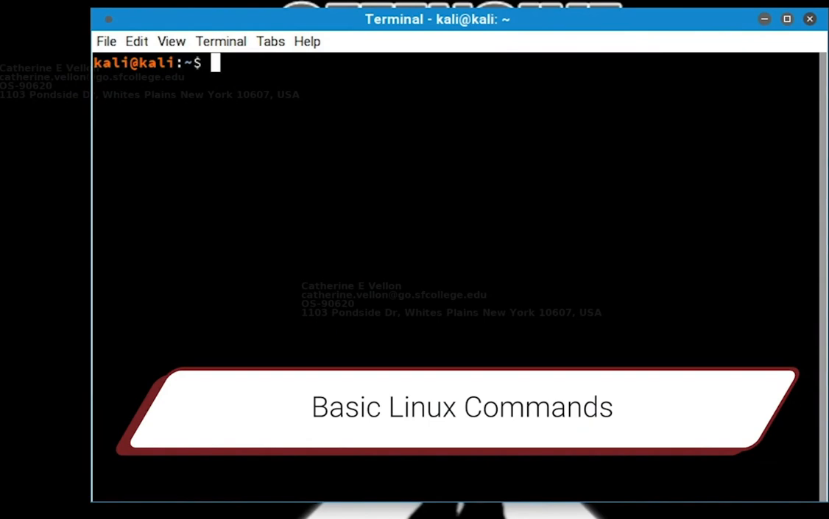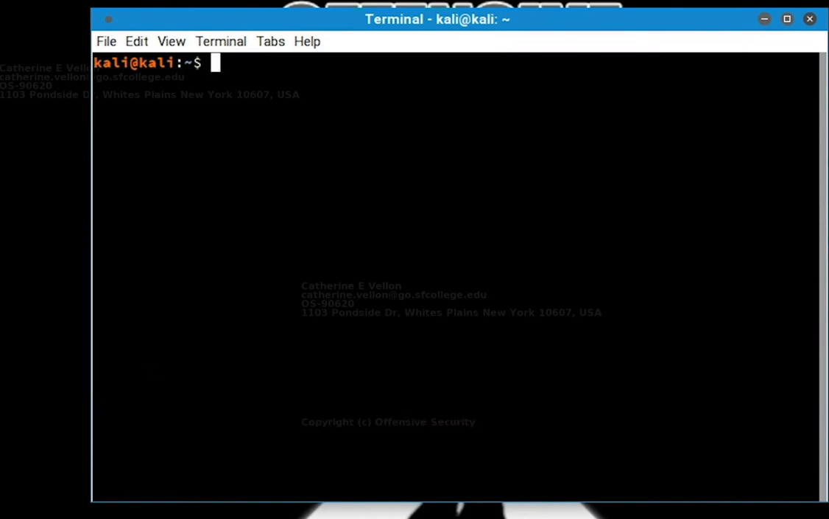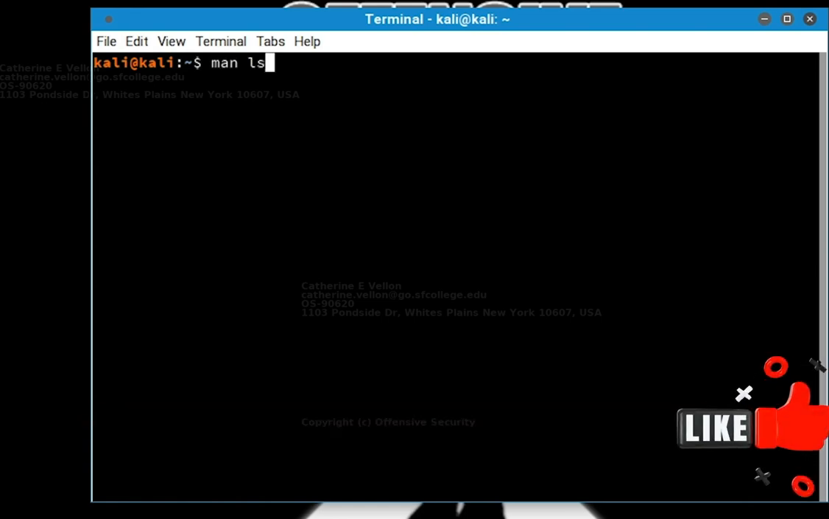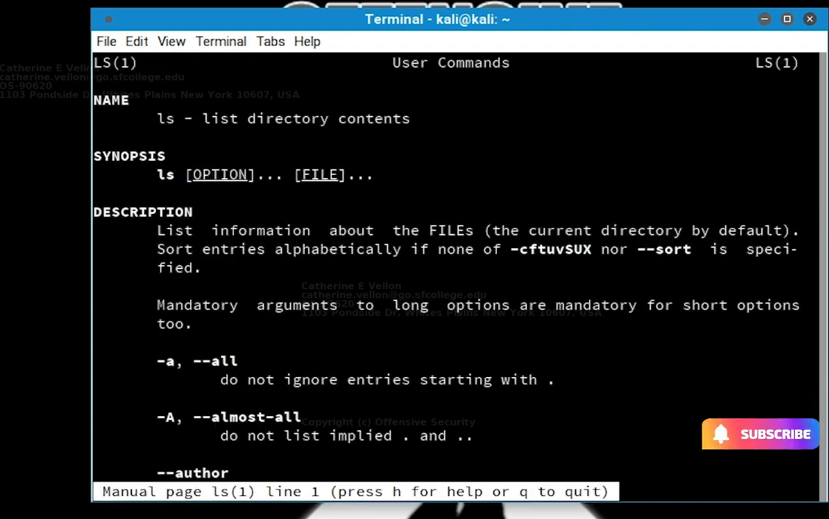Basic Linux commands. Next, let's dig into Kali Linux usage and explore some basic Linux commands. Man pages. Most Linux command line executable programs provide a formal piece of documentation called manual or man pages. Man pages generally have a name, a synopsis, a description of the command's purpose, and the corresponding options, parameters, or